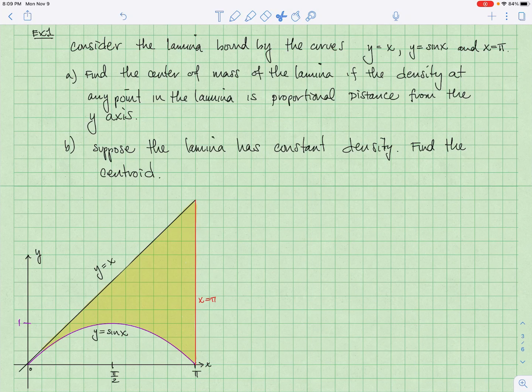All right, folks, here we go with our example. Consider the lamina bound by the curves y equals x, y equals sine x, and x equals pi, which I've illustrated below here and shaded in yellow. Part A, find the center of mass of the lamina if the density at any point in the lamina is proportional to,